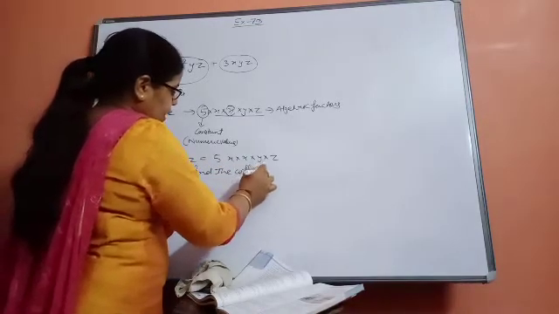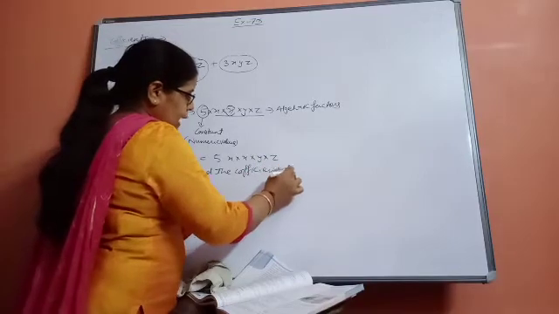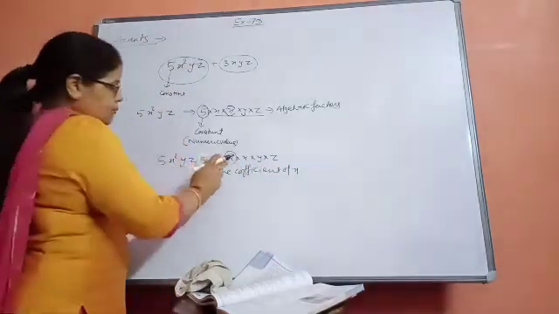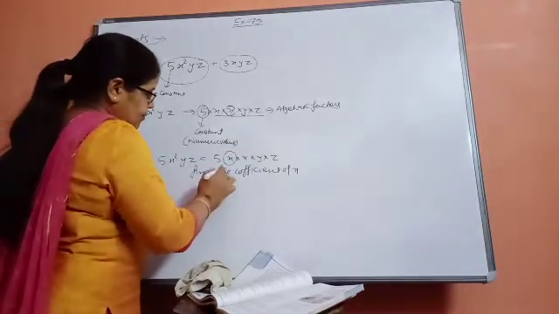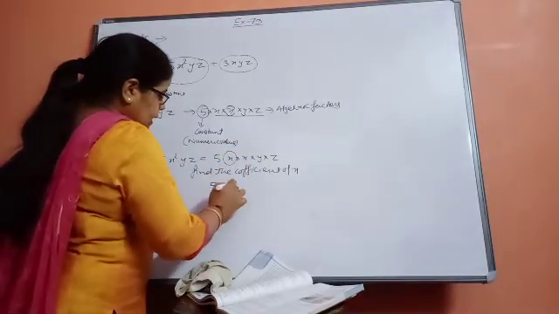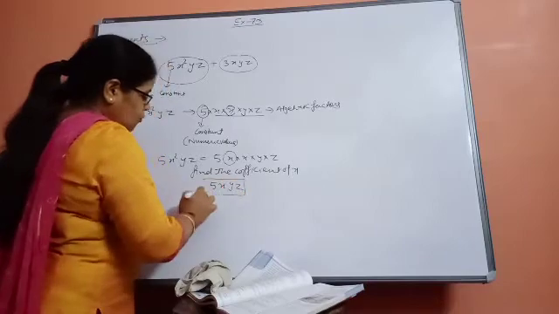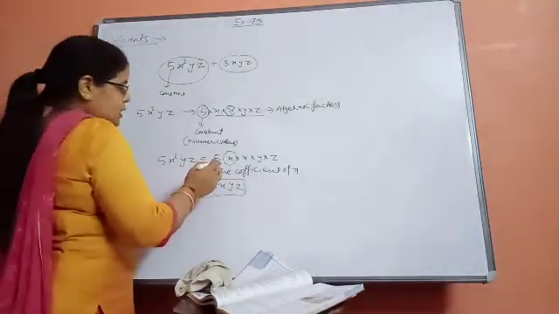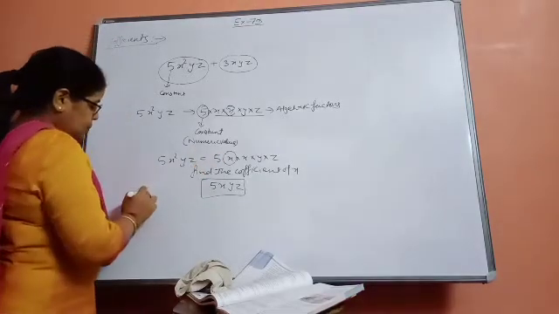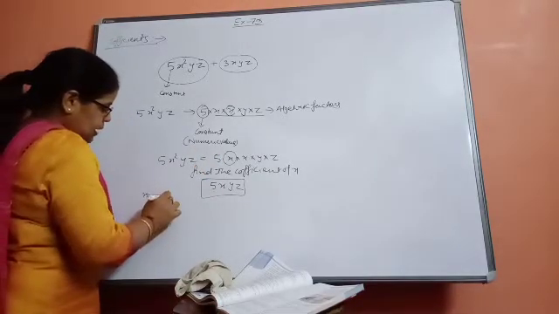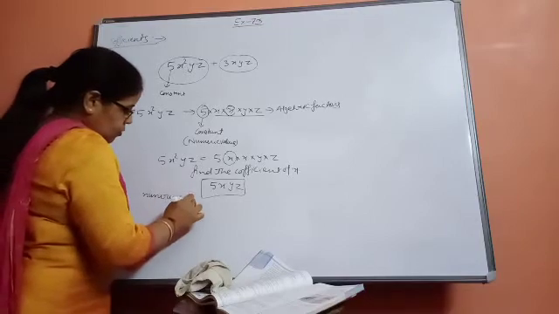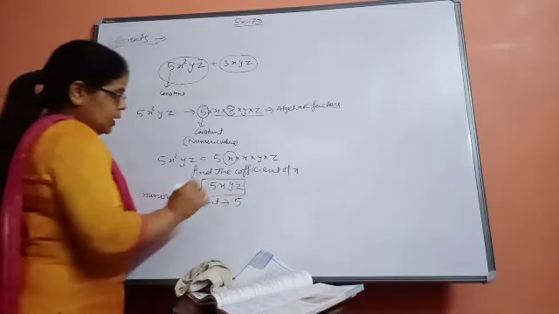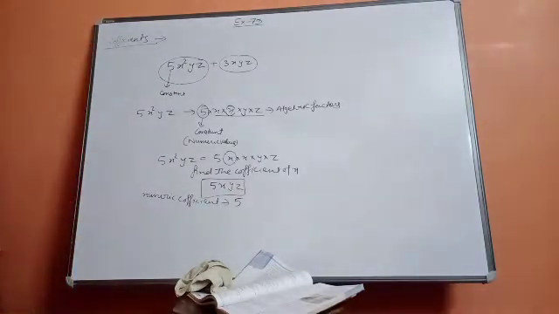So what do you mean by that? Coefficient of x. So what will you do? You just circle that. Okay? And the rest of the things, whatever are there, you just write them: 5x, y, z. So this will be the coefficient of x. Okay? Again in the same question, if I am asking you, write the numeric coefficient. So what is the numeric value? The numeric coefficient is 5.